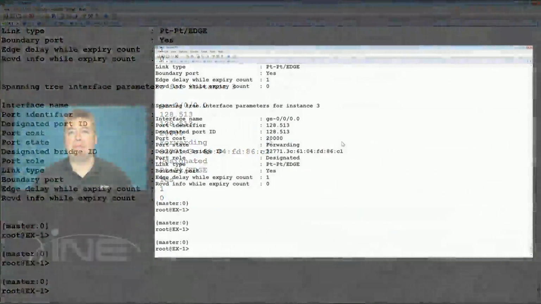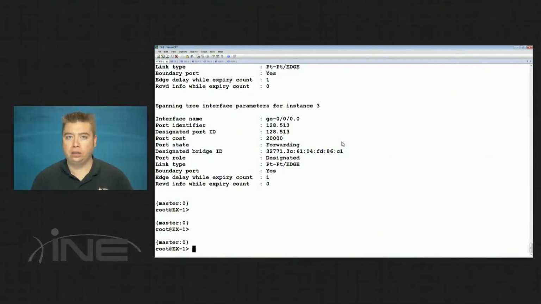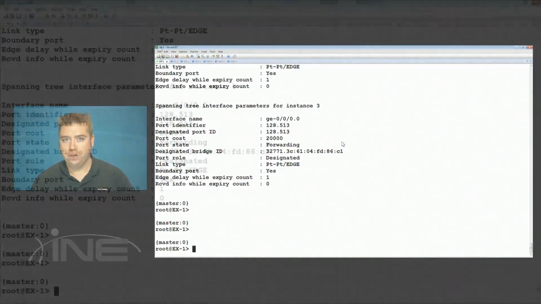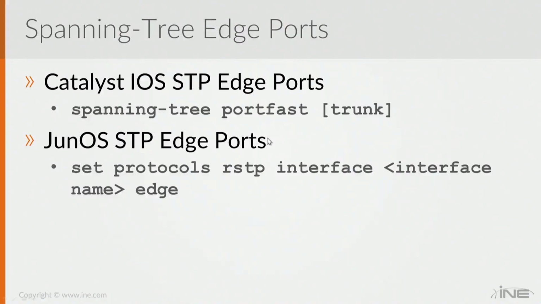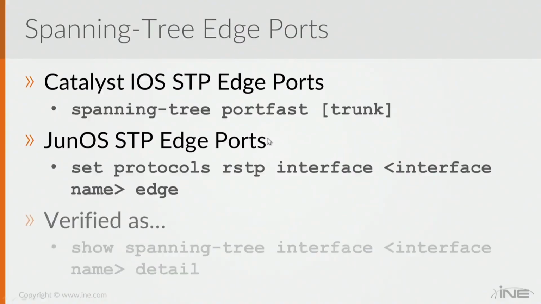So if we were to flap the port on the other side and then look at the output, once it goes down, it would go immediately into the forwarding state. So same rules as Catalyst here, where Catalyst calls it a portfast port, in the case of JunOS it's an edge port. So for verification, that would be show spanning-tree interface,